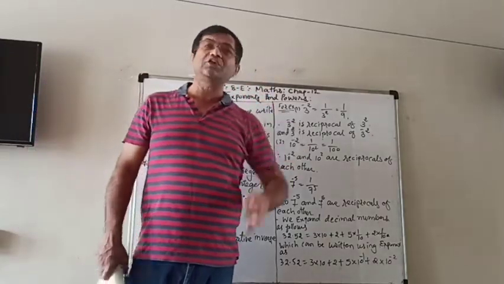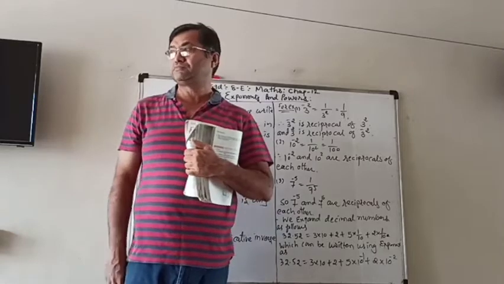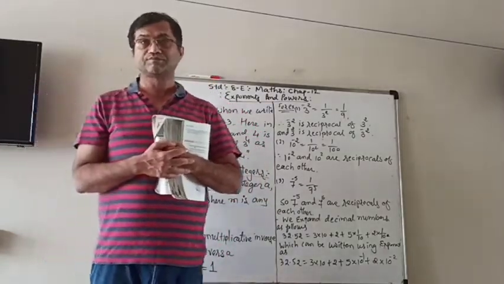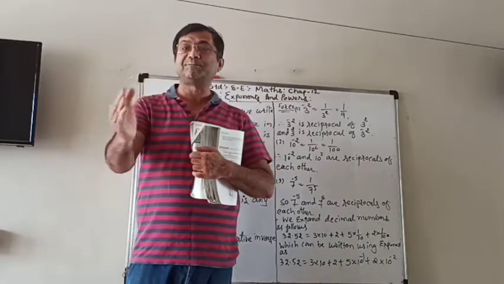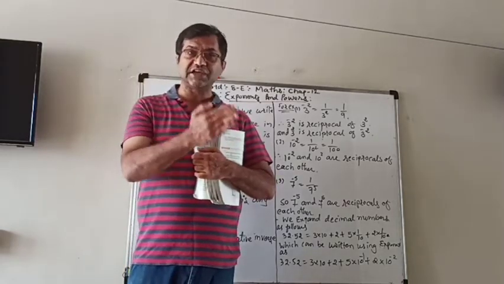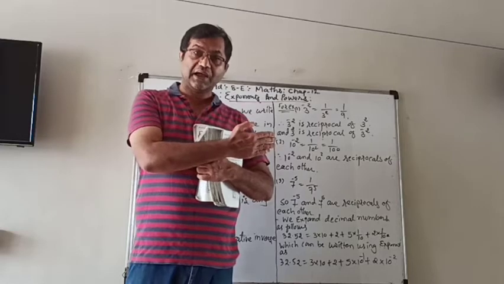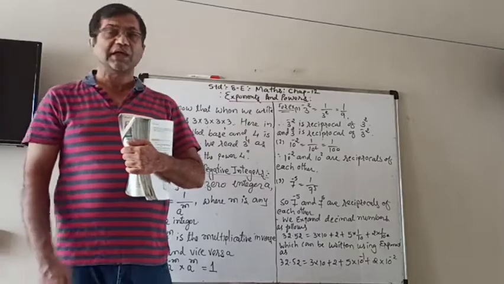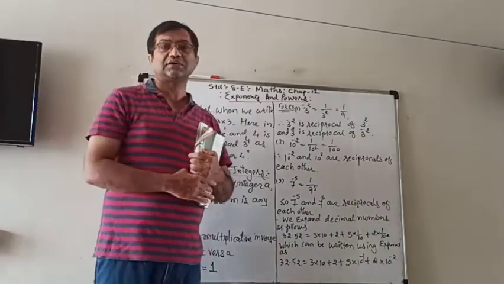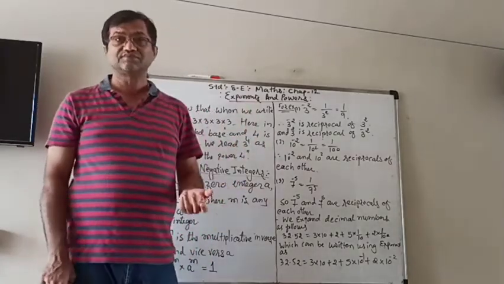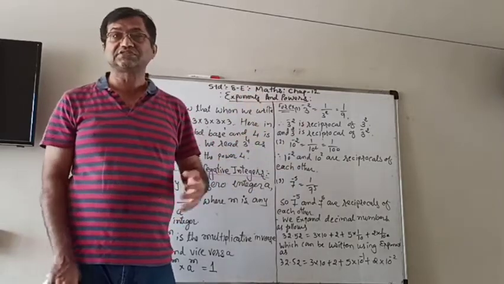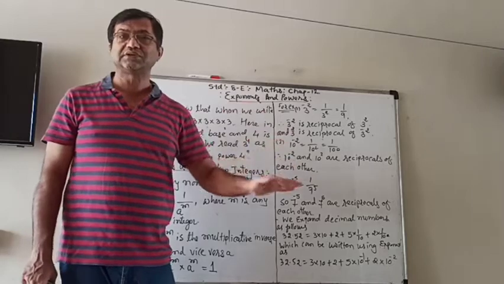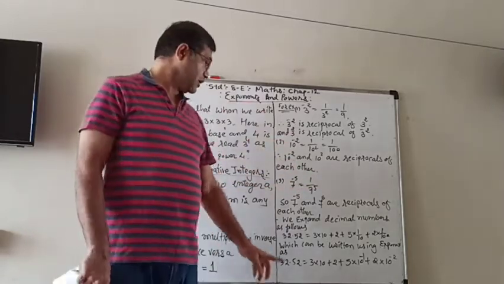Now, also we know how to write down the numbers in their expanded form according to their place: unit place, tens place, hundreds place. And also we know when there are decimal numbers, then after the decimal point, the tenths place, hundredths place, thousandths place, each number is getting 10 times smaller. So here